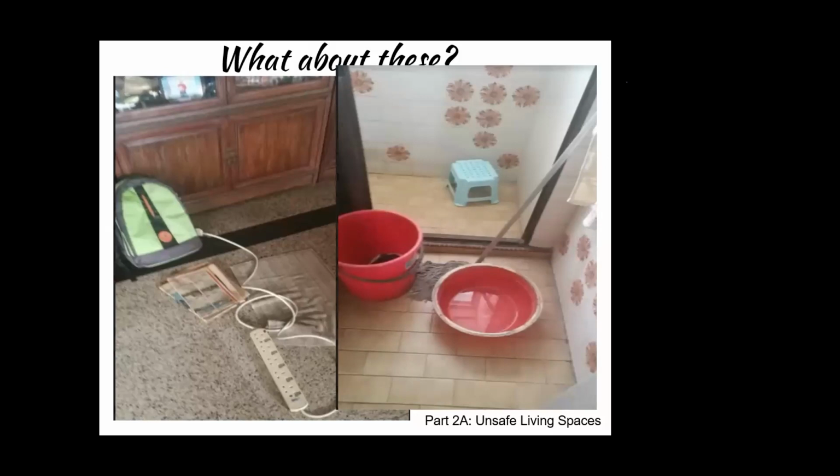What about this shower room? This is the toilet area. Any problems? The pails are blocking the entrance. Yeah, they cause an obstacle. Anything else? The mop shouldn't be on the floor. The mop should be hung up. Different levels. The stool is too low. And the basin shouldn't be there with wet water. Yes, very good.